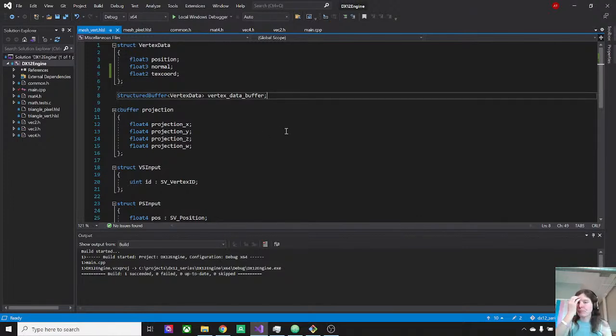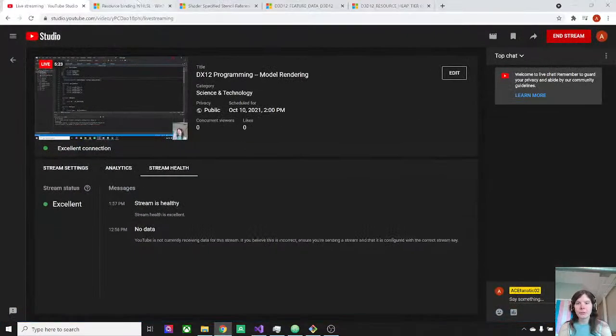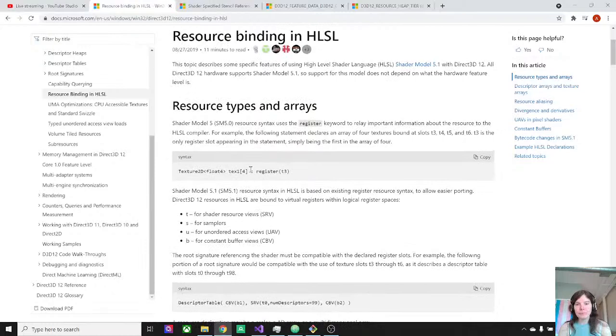So the syntax for this is we give it a register, and optionally a register space, which is